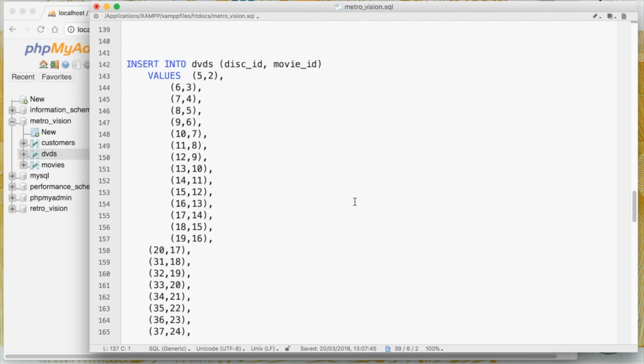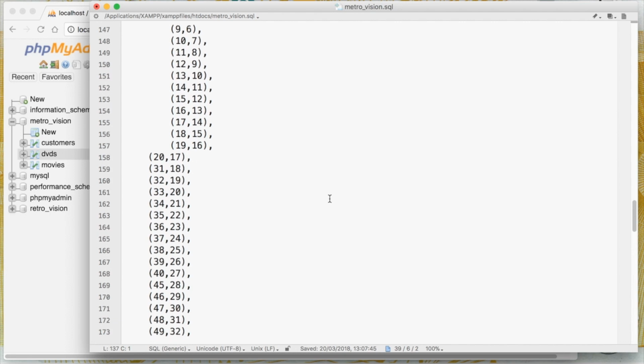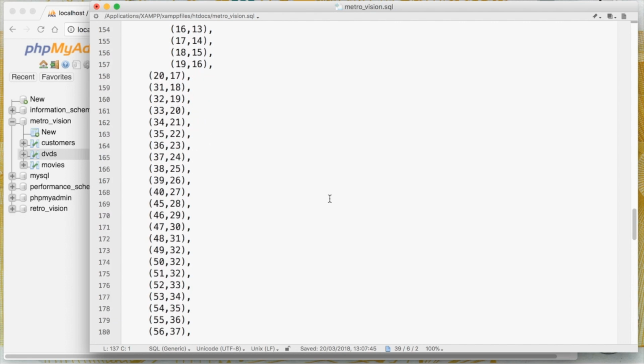In real life, what you would do is, as you add a disk, you would have a page where you can add a disk to the database. You would put in all the details. It would generate the movie information if it wasn't already there. If it was already there, it would tell you. And then it would associate that with the next disk number. Okay? So you would end up with just sequential disk numbers 1, 2, 3, 4, 5, 6, 7, 8, 9,